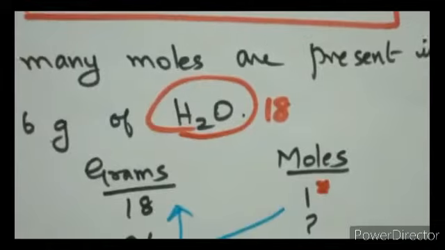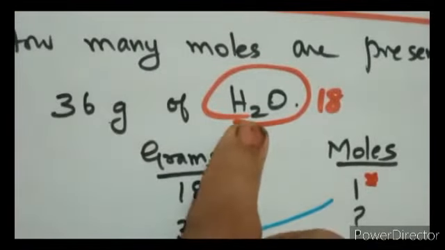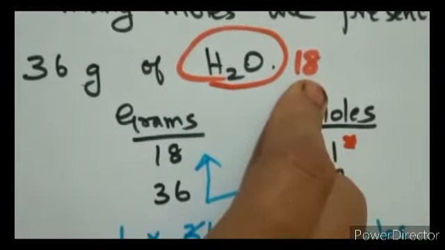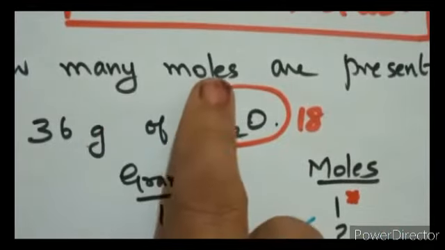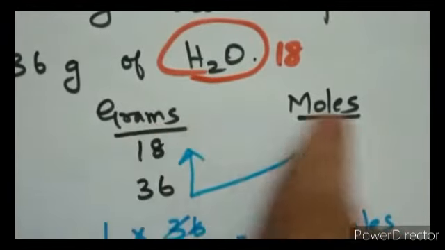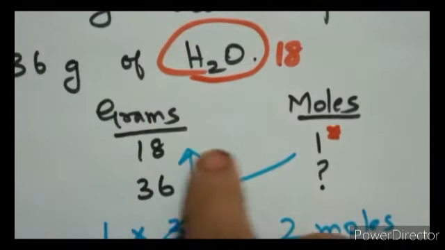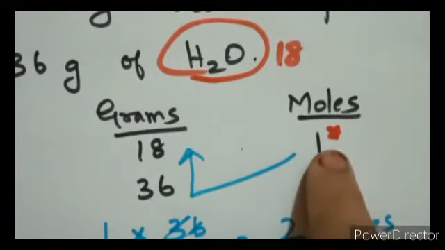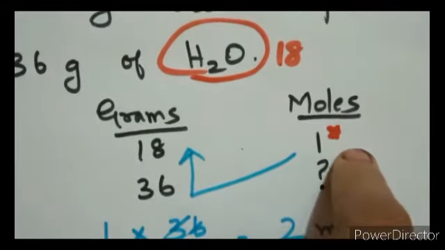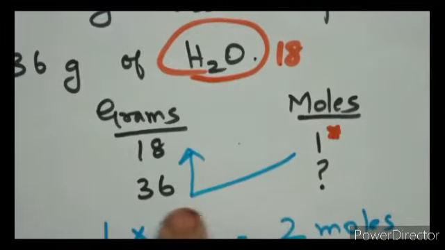Now let us see the conversion. How many moles are present in 36 grams of water? We know that the molecular weight of water is 18. So the two quantities that are involved are moles and weight. Let us write the headings here, grams and moles. The first step is to write the standard statement. We know 1 mole is 18 grams. I have put a star here to show it is the standard statement which should come in the first line of the expression. So 36 grams is how many moles?